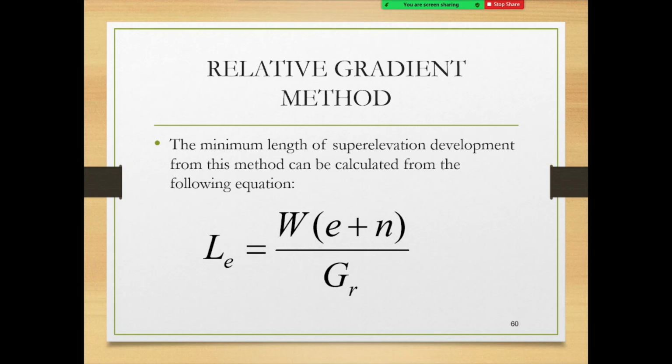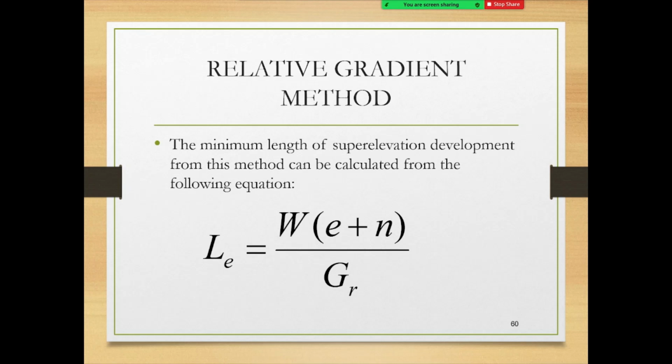W is half carriageway width. Half carriageway width means lane width plus the shoulder widths. Please write shoulder widths in plural, not shoulder width, because there can be two shoulders. And lane widths also, because there may be more than one lane. One side I am talking about. Okay, and E is super elevation as a percentage, and N is normal crossfall, that is minus 2.5,